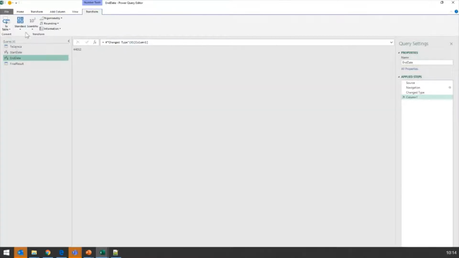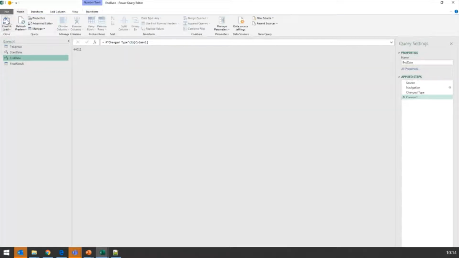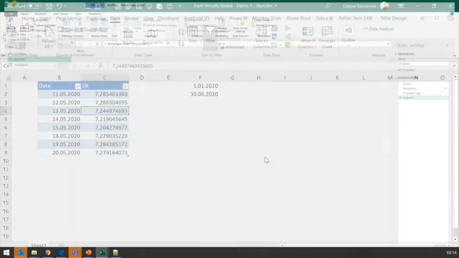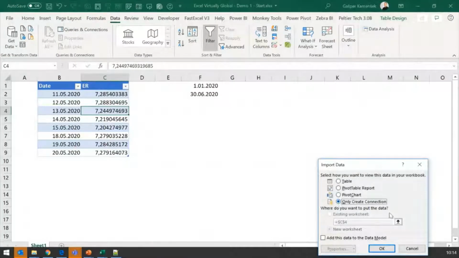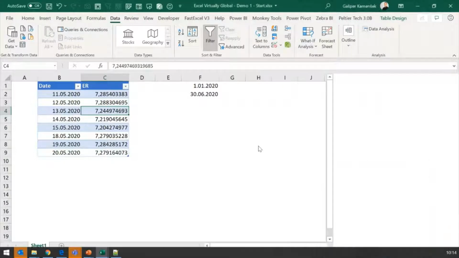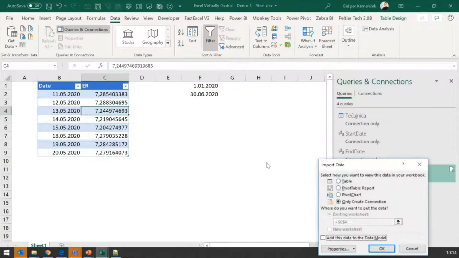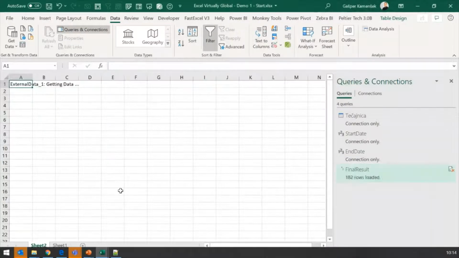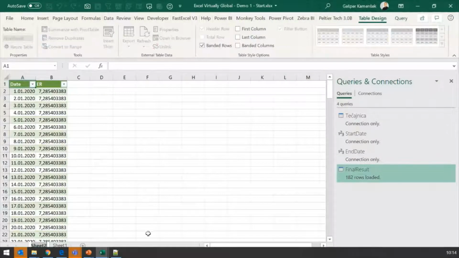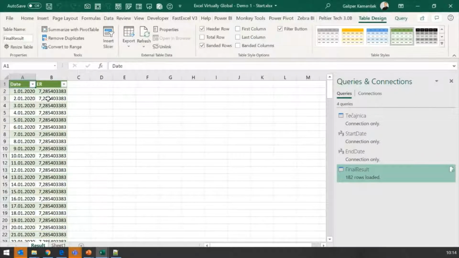Okay, so I'm going to do the close and load, which will close and load all of this, or actually I'm just going to do close and load to, and do only create connection. Okay, as I'm going to share these files later on, so now you have the connection. I'm only going to load this one, the final result, to a new worksheet like this, and this is the result. Okay. So that would be demo number 1,